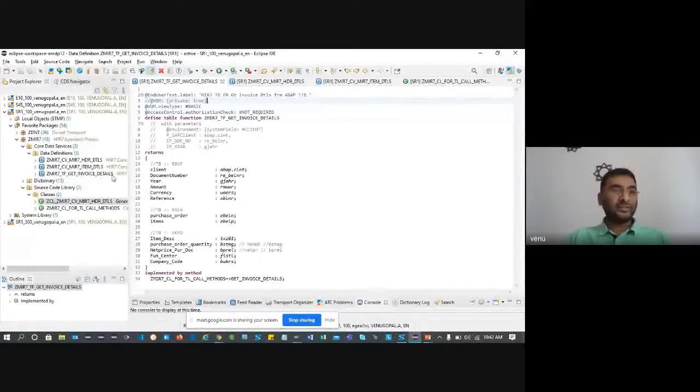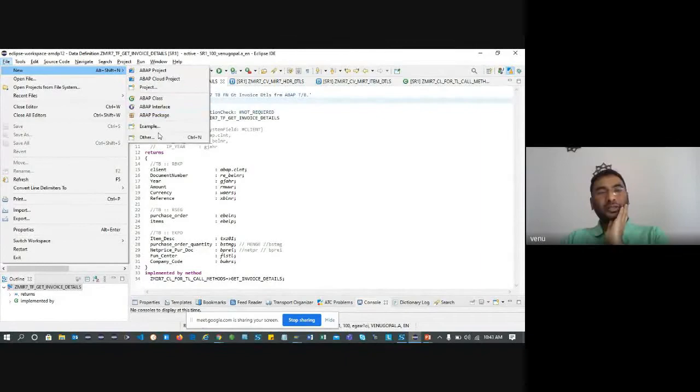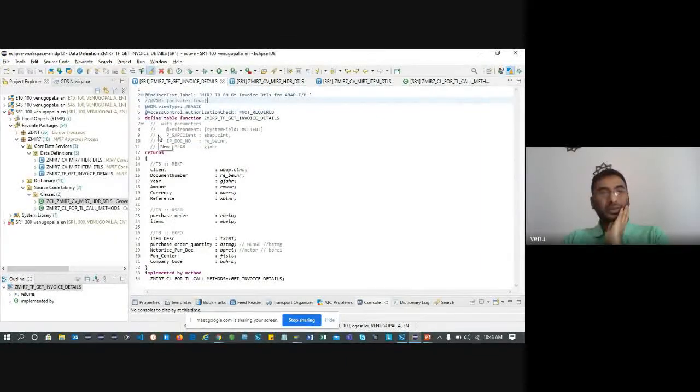For the creation of the table functions, you can create projects, and any project you can create by adding an ABAP project. I hope you all know these things, but I'm still giving this rough information so other people can understand. So here,